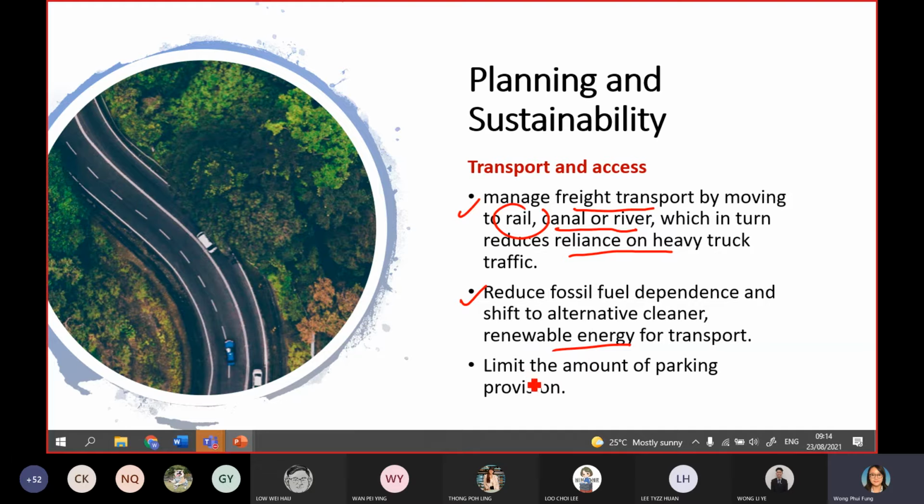They can actually provide more priority car parks in the shopping mall or even in the office. Okay, that is something that can be considered. Limit the amount of parking provision. This one can be thought about also, but I think it's quite difficult. In most developments, you can see that commonly the minimum is 2 car parks. But then it can go very extreme. Sometimes you can see they provide 3 car parks, 4 car parks.